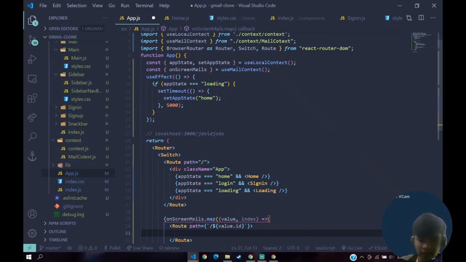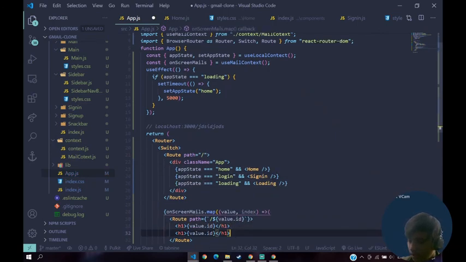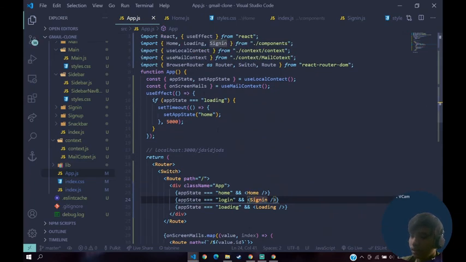Now in here, let's just display an h1 of value dot id, and another h1 of value dot body, right? If I save that, now let's console log our on-screen mails.